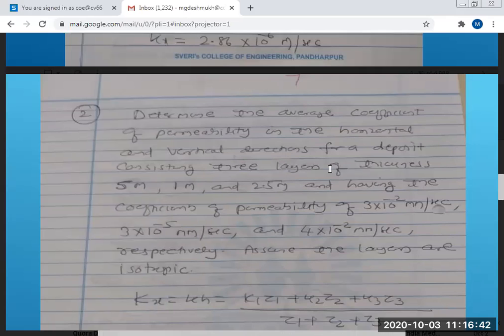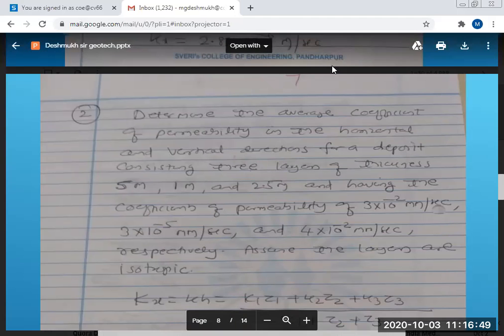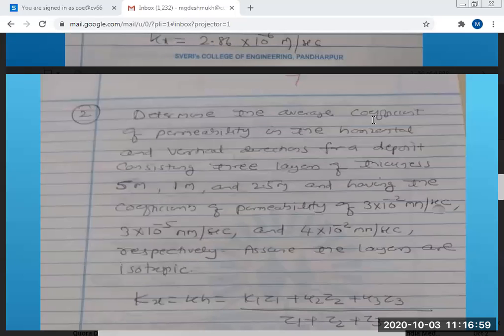Determine the average coefficient of permeability in the horizontal and vertical direction for a deposit consisting of 3 layers of thickness 5 meter, 1 meter and 2.5 meter,